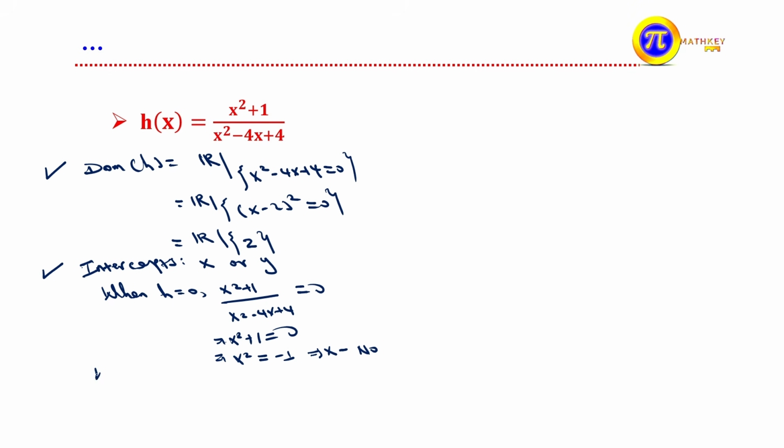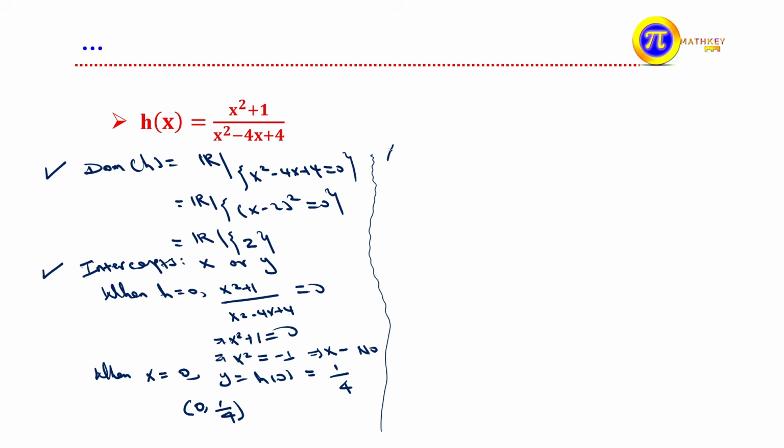Similarly, make x equal to 0 and find the y-intercept. That means y is equal to h at 0, which is equal to (0 plus 1) over (0 minus 4 times 0, that is 0, plus 4), that is 1 over 4. The y-intercept is 1 over 4. That means we can express it in coordinate form as (0, 1 over 4). Here, for the next one,